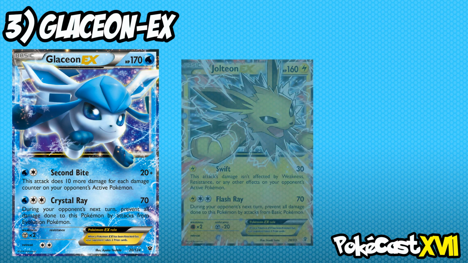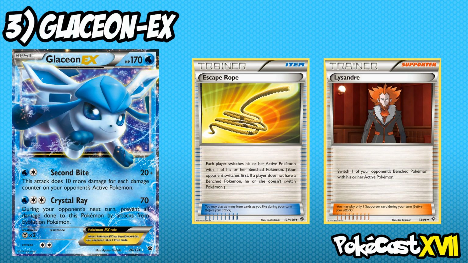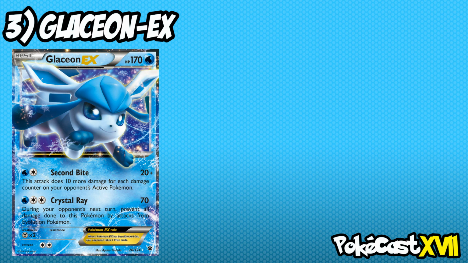Even if they do find means of getting around it with cards like Escape Rope and Lysander, it still forces your opponent to have to use resources they would have preferred not to initially. Glaceon is one of my favourite cards printed from the set, and a card that I've been testing a lot recently. Number 2. In second place, we have a card that we've briefly spoken about before, and that card is